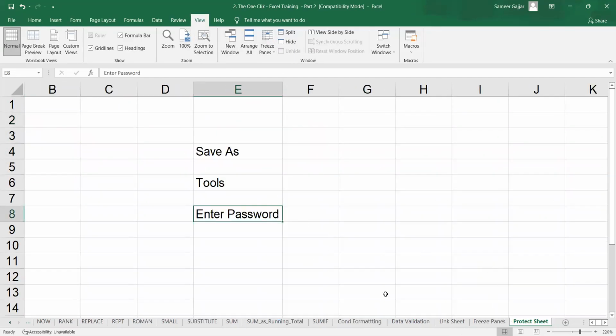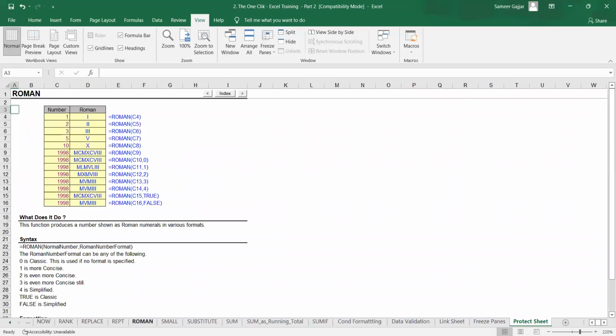पासवर्ड वगैरह एंटर कर सकते हैं हम लोग. So there are around 35 formulas here. I will cover all these formulas one by one. Okay, then